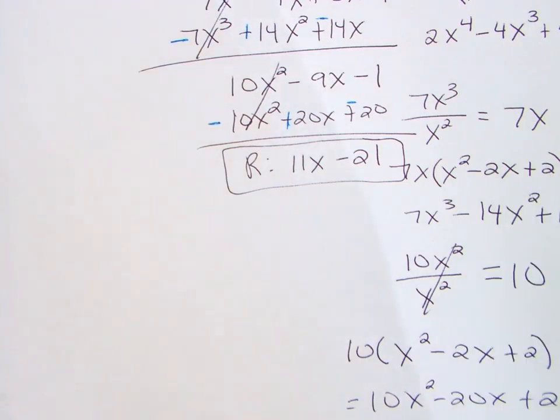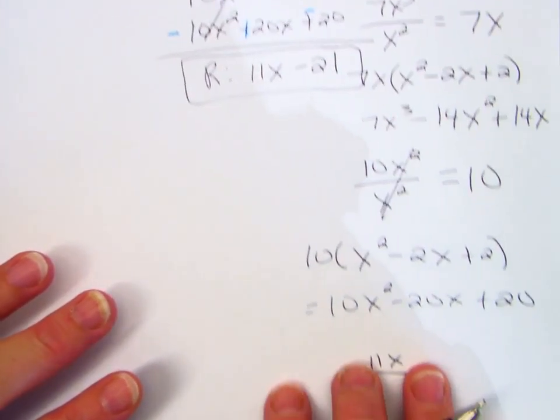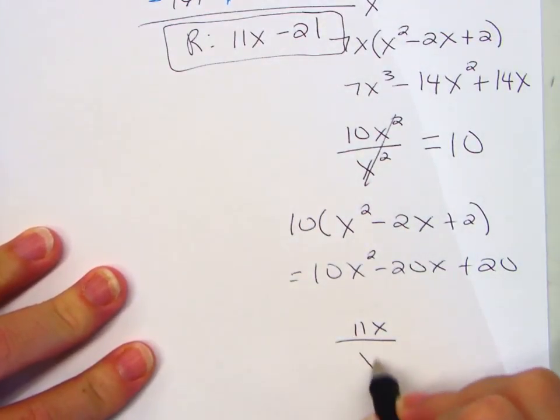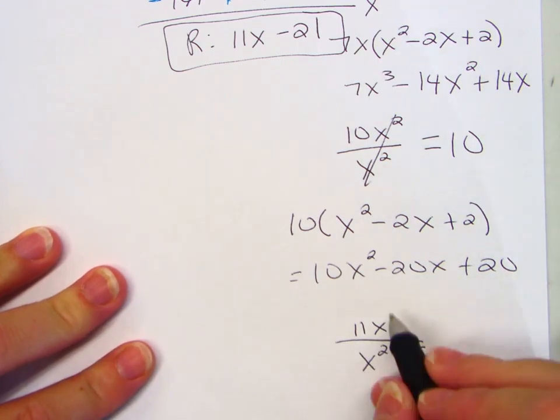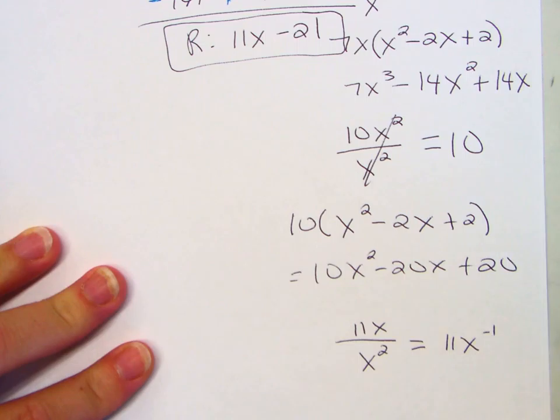Let me show you why down here. If you do 11x over the highest power, x squared, look what happens. You end up with an x on the bottom or a negative. This is 11x to the negative 1, or